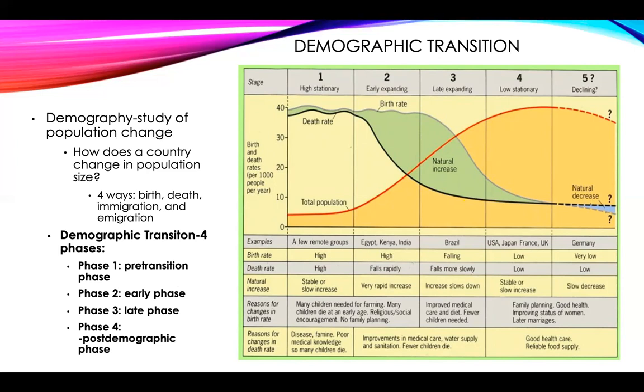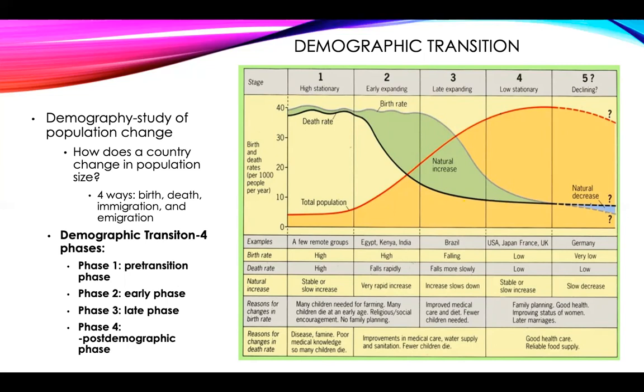So stage one in the demographic transition is what we call high stationary. Birth rate is high, usually because people are not practicing family planning. Birth control is limited or perhaps even forbidden. But death rate is high because of that malnutrition and infectious acute diseases that we talked about. So a lot of people are being born, but a lot of people die, and at a fairly early age. So that's why we call this high stationary. The population is stable, but it's a high amount of turnover.